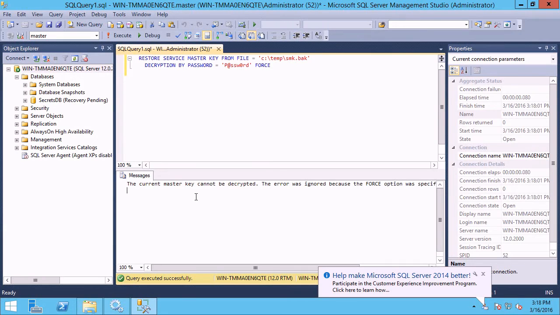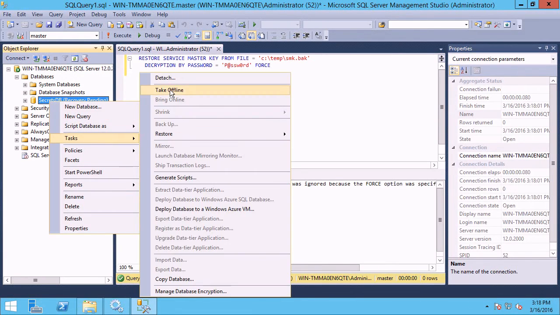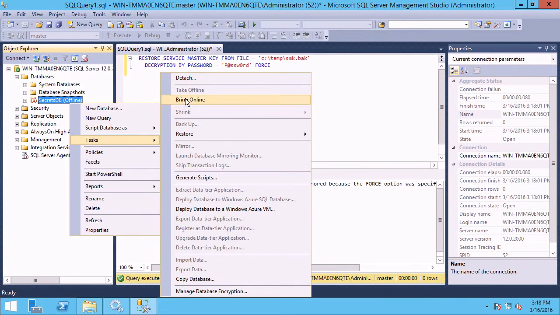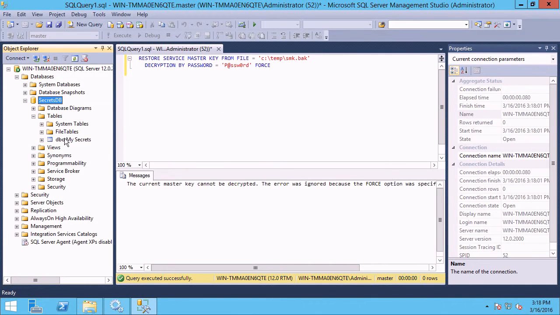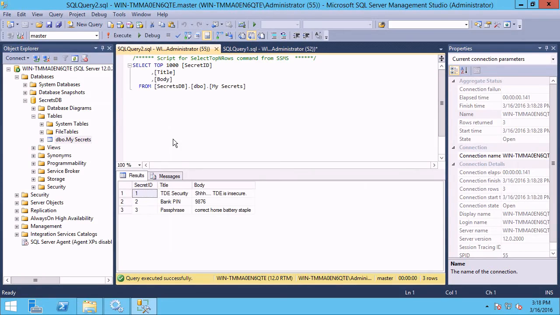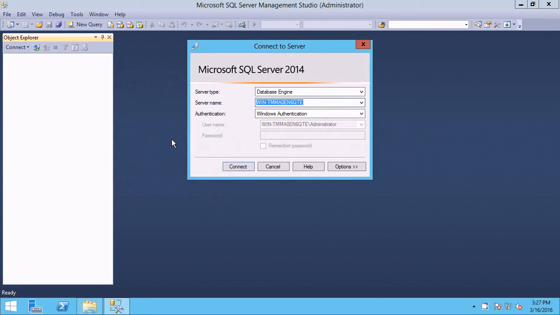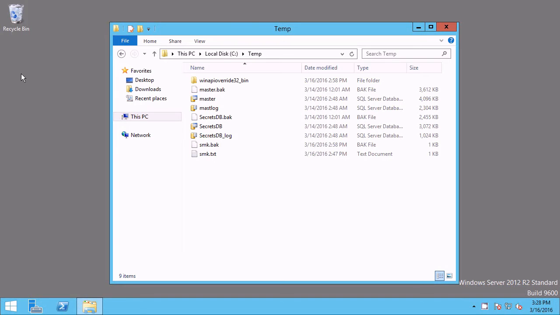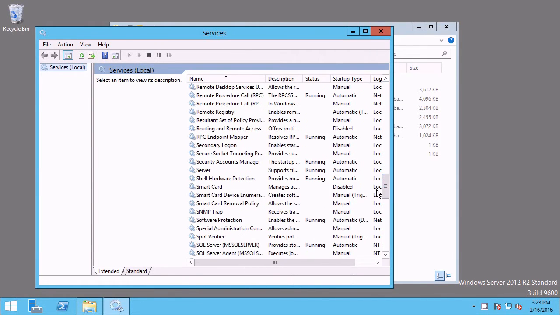And now if we take the database offline and online again, or if we restart SQL Server, we will now have full access to that decrypted data. Simple as that. We can also do a recovery from .bak files, database backup files, which is a slightly different process. It involves stopping SQL Server again,